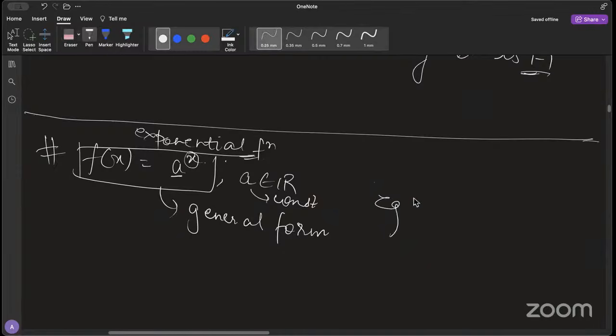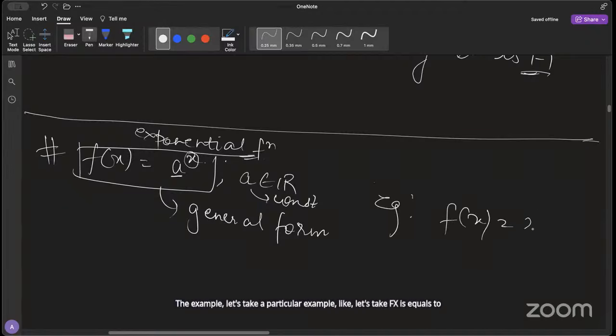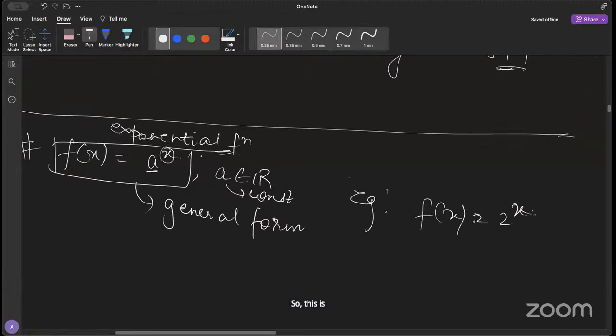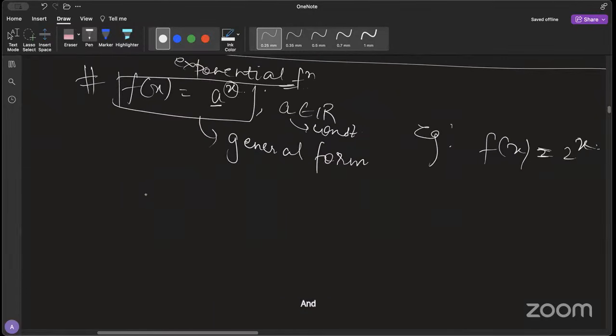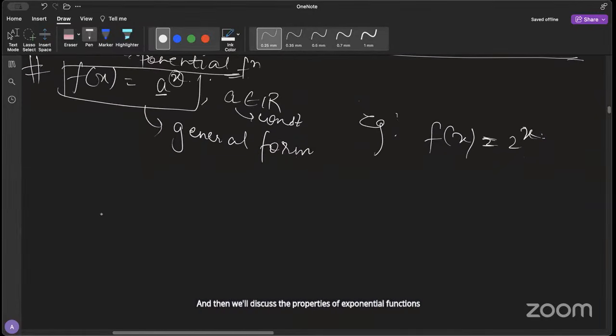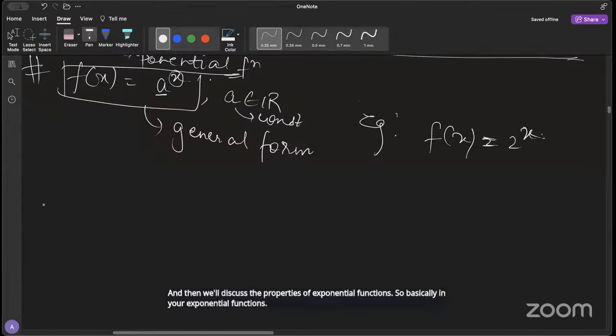Let's take a particular example, like f(x) = 2 to the power x. So this is an exponential function, and then we'll discuss the properties of exponential functions. So basically in your exponential functions, first is